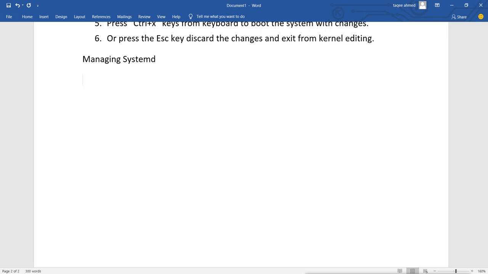Now systemd is to initialize the system. The responsibility of systemd is to initialize the system. Now for initializing the system,